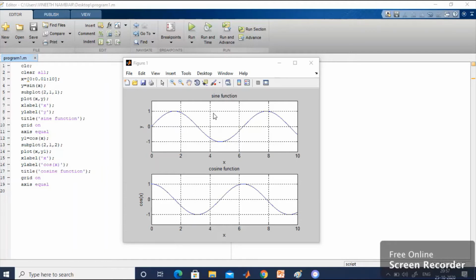This will be really useful for your research work if you are performing harmonic analysis or any type of research work. You will have a lot of curves. Definitely this will be really helpful, especially if you are doing total harmonic distortion, THD, analysis. Moreover, if you want to compare different functions like sine function, cosine function, tan function, that is also really helpful if you are using subplot. This is the application of subplot.